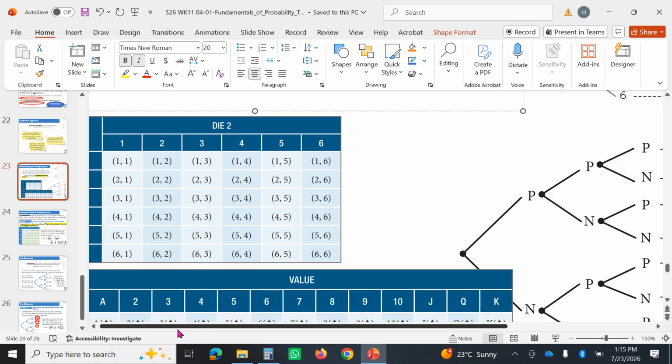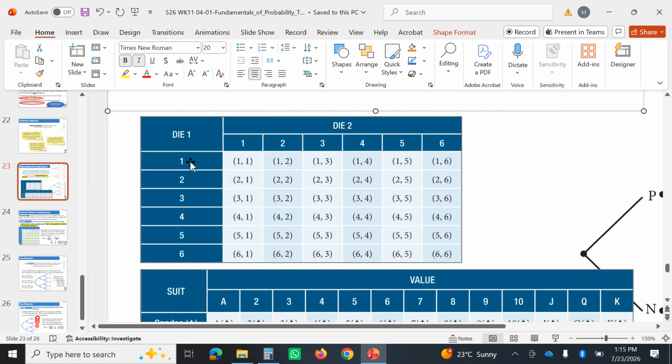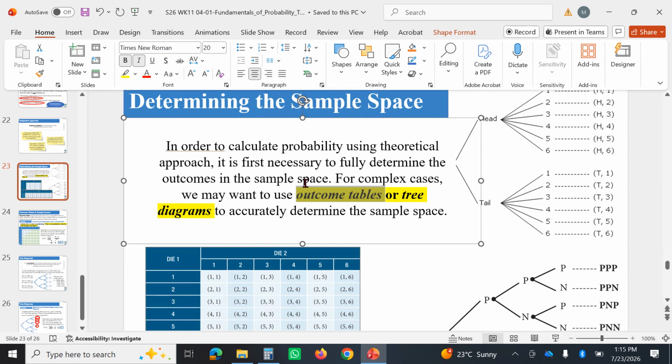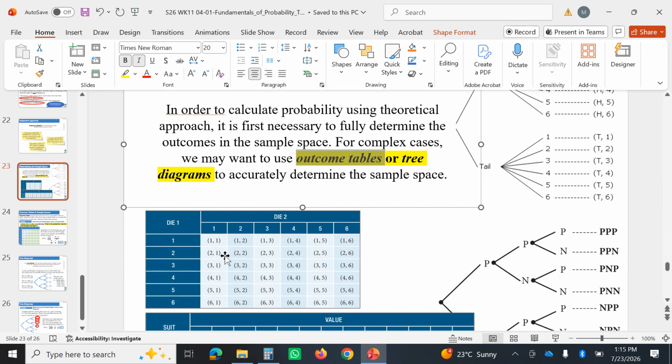And we were dealing with dice, right? And 2 dice, right? And here's your 1-1, and 1-2, and we're rolling a 1-3. The first dice is always 1, second dice is always 1, and you'll see there that there are 36 possible outcomes when you're dealing with 2 dice. Okay, and this is what we call an outcomes table. Everything is here. This is the sample space. You can never roll a 7 and a 6. Okay,